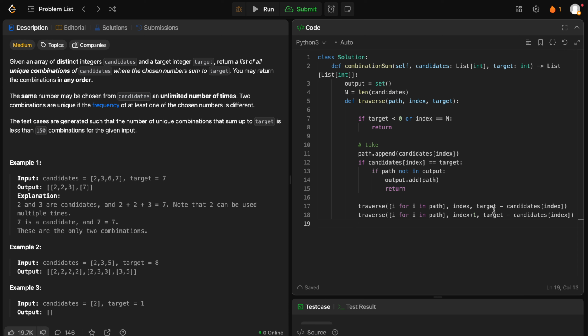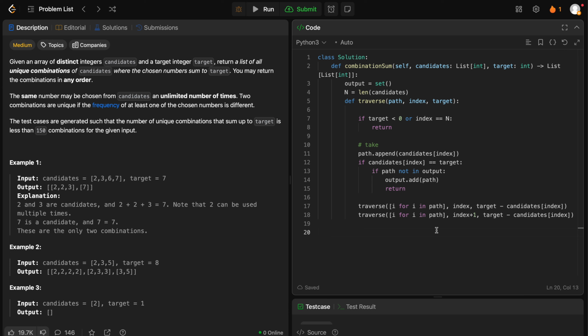I don't want an infinite loop. If I'm going back on the same index, I don't want to loop through with no take. Not taking 1,000,000 times and then taking 3 times doesn't make sense. I just want to take 3 times and go on. So call traverse on this index, call traverse on next index,